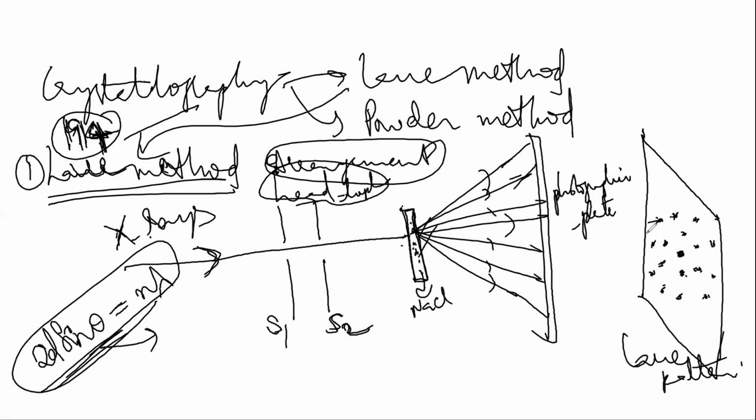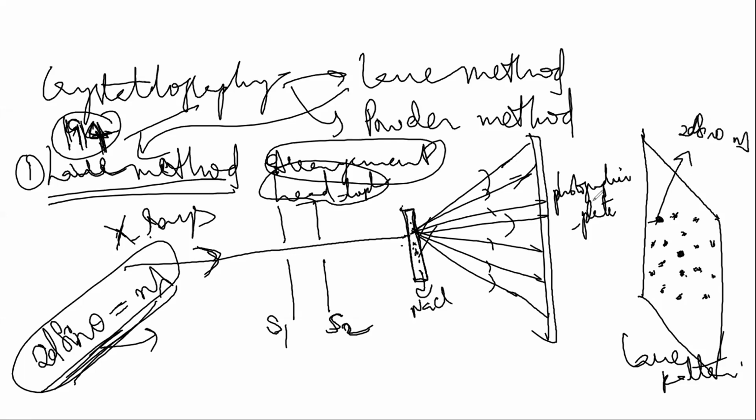But what is the law that has to be satisfied? That is Bragg's law, 2d sin theta is equal to n lambda. You already know this. The symmetrical pattern obtained on the photographic plate is called the Laue pattern. I already discussed it with you. Each spot corresponds to one maxima, that is maximum intensity, which corresponds to 2d sin theta equal to n lambda.